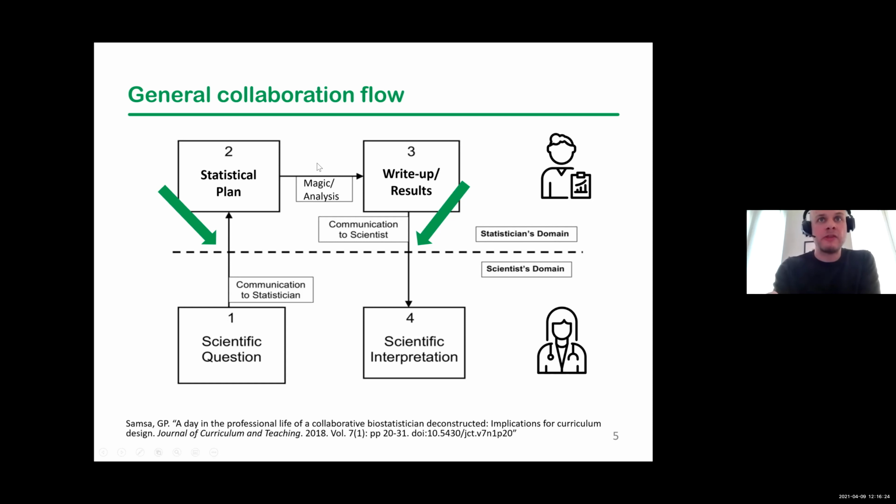In reality, there should be another dashed line in between box 2 and 3, because almost always people will give us data or give us ideas about their study design, but it's rare, due to different nuances and complexities, that I'm able to walk away and just do everything in one fell swoop without getting your feedback. So many times there's an additional point of contact in between box 2 and box 3, where maybe we get clarity on some data, or maybe we have to work through some more questions around your hypothesis or whatever it may be. So really expect at least 2 to 3 communications with us when working with the statistician to ensure that we are answering your question most directly and in a straightforward way.